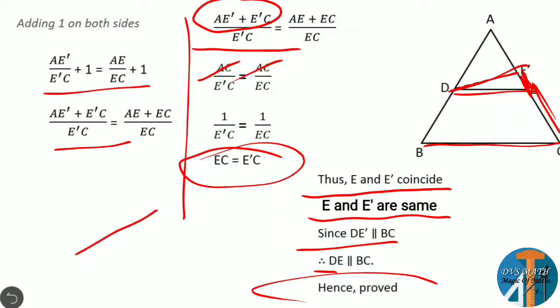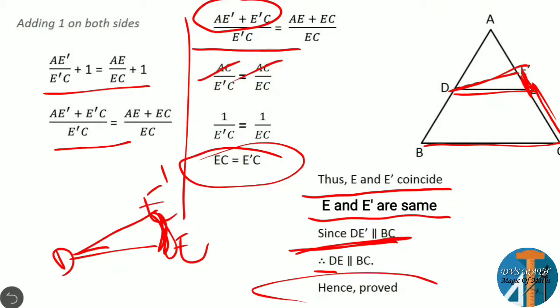Here it is like this, DE and DE dash. So if they coincide each other into a single line only, they will get EC is equal to E dash C. So therefore when they coincide each other, we can say that they both are same, right? So what is our construction, what we took? DE dash is parallel to BC. So here E dash and E both are same, then DE is parallel to BC. This is about proof. So from here the same BPT, in BPT you have to learn both statement and proof, but in converse of BPT only if you learn statement is enough. But remember, we are going to use this concept when solving the problems.